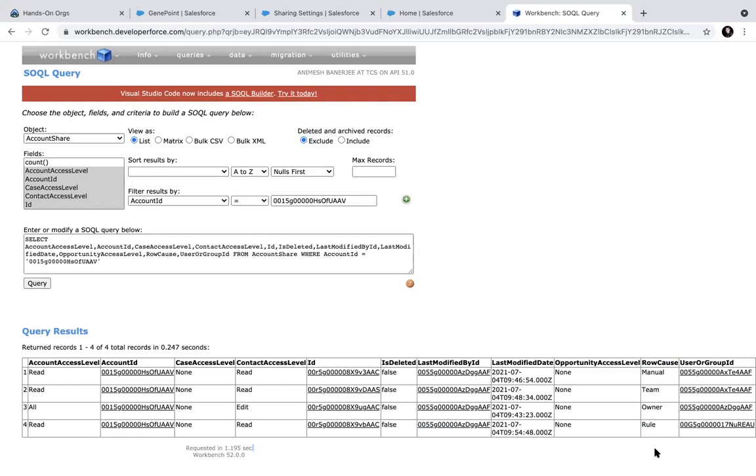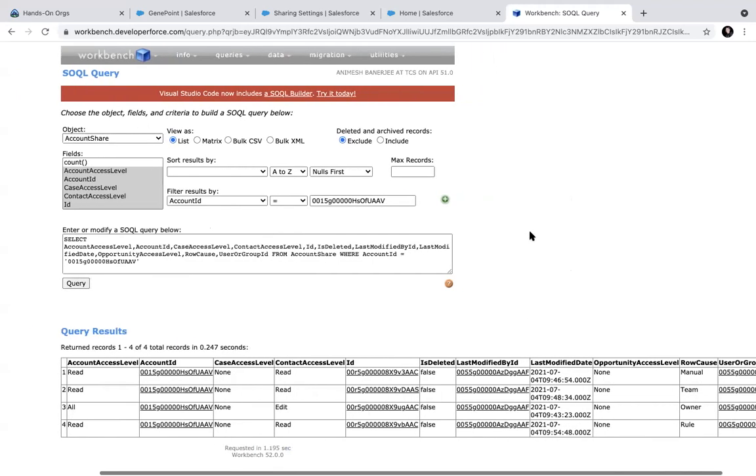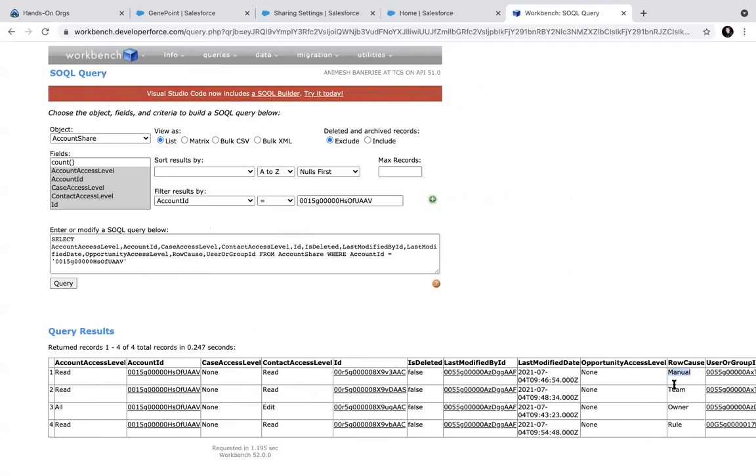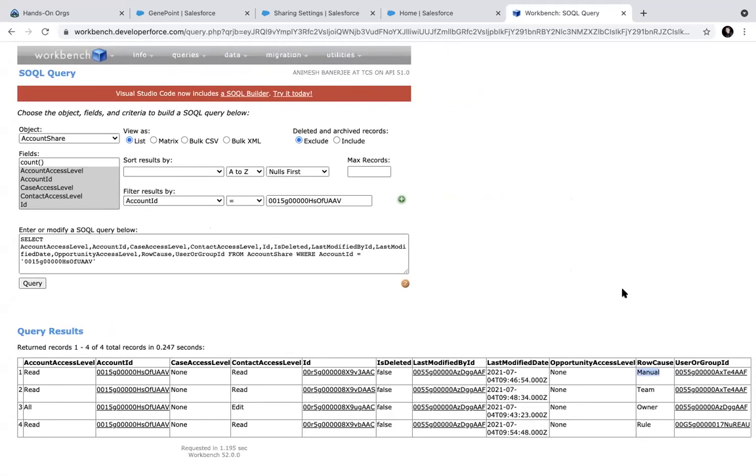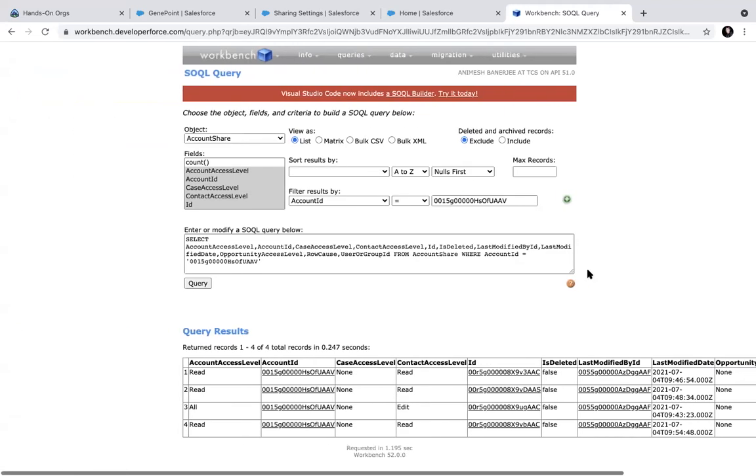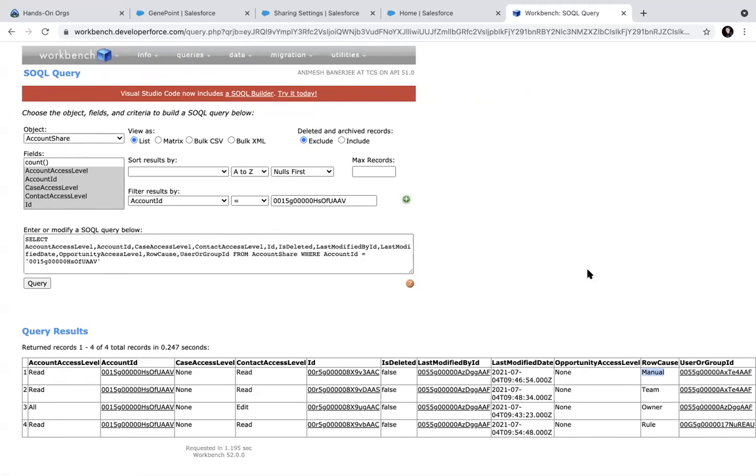You will say Animesh, that might be your row cause, so that you can identify which of these rows are for your logic. The rest of these things, manual, team, owner, and rule, is completely managed by Salesforce. So you have no control here. This is automatically created by Salesforce. But the new ones which you create through Apex managed sharing, that is entirely controlled by you.